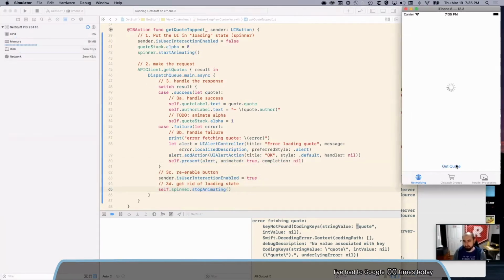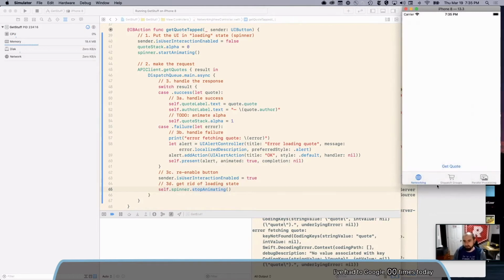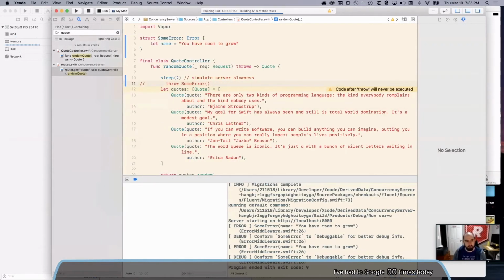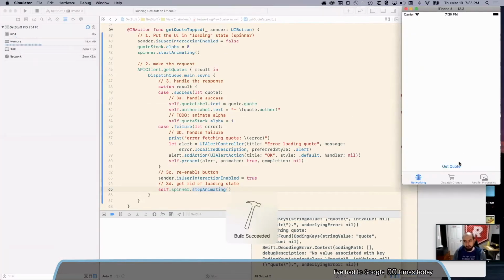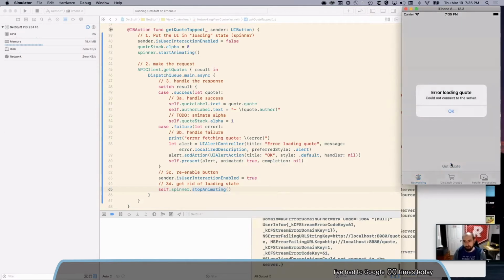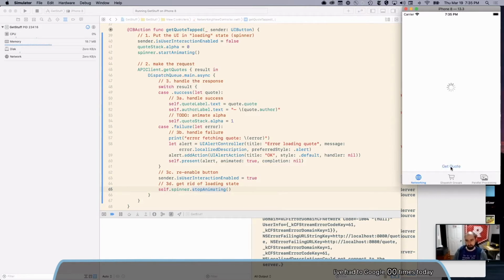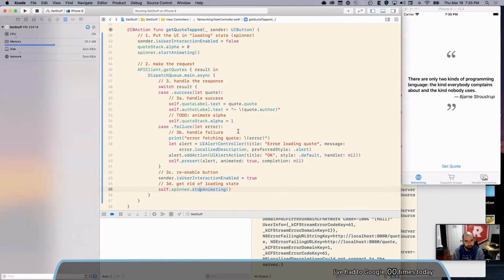So indeed, I can re-click get quote as many times as I want, and if I unbreak the server, then without running the app, I should be able to get quote again. Oh, okay, cool. So I hit it while the server was in the middle of restarting, so could not connect to the server. That's another great error. And a good way to test, just take your server down. And then I'll click again, and this time we should get success. Hey, cool. So that's the first example.